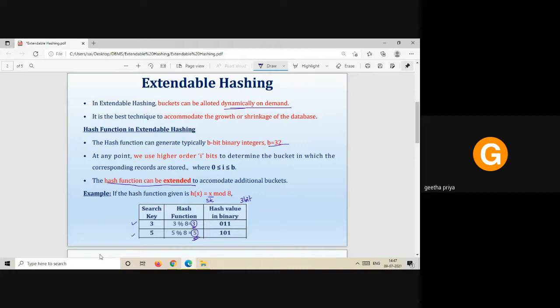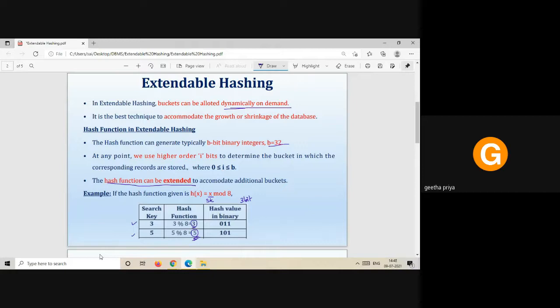Just go through the result of the hash function, identify the maximum, and find the minimum number of binary bits required to represent that number. That is what determines the number of bits in the binary representation of the hash value.